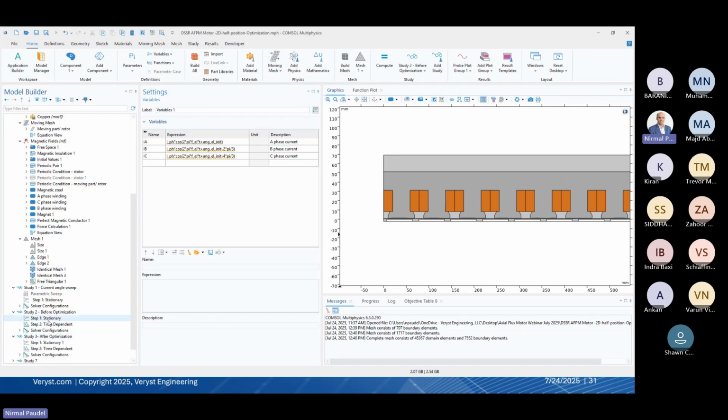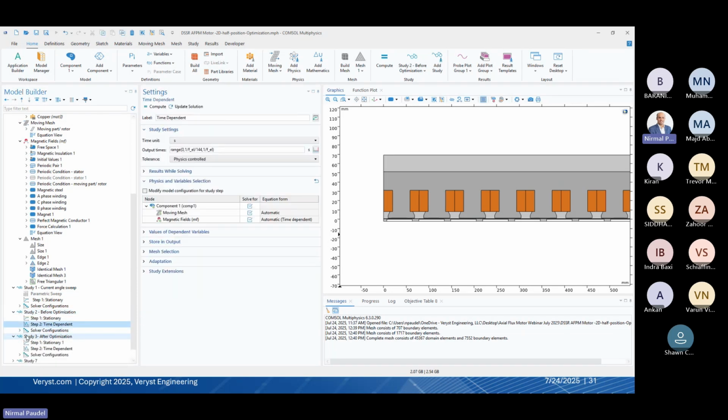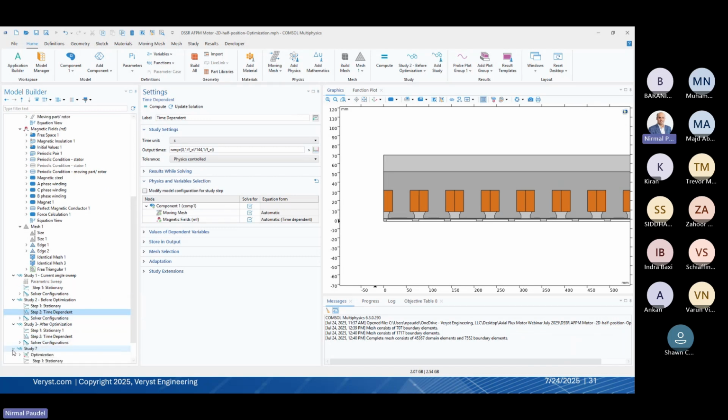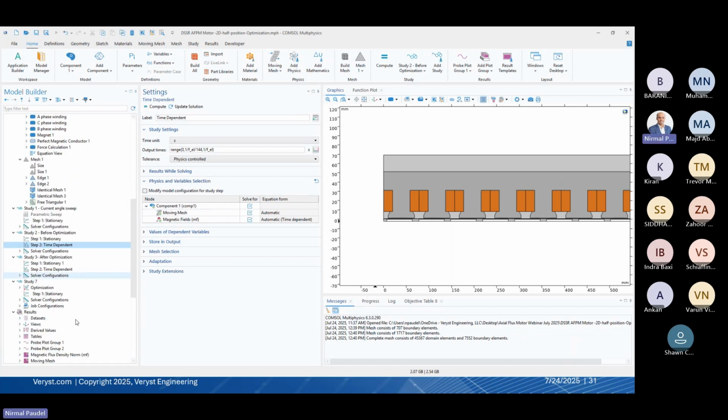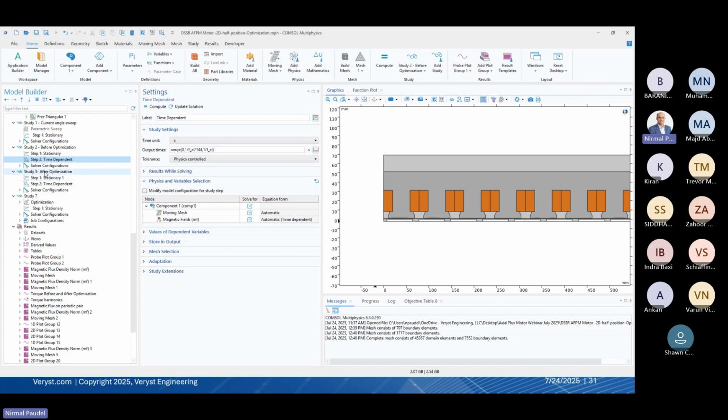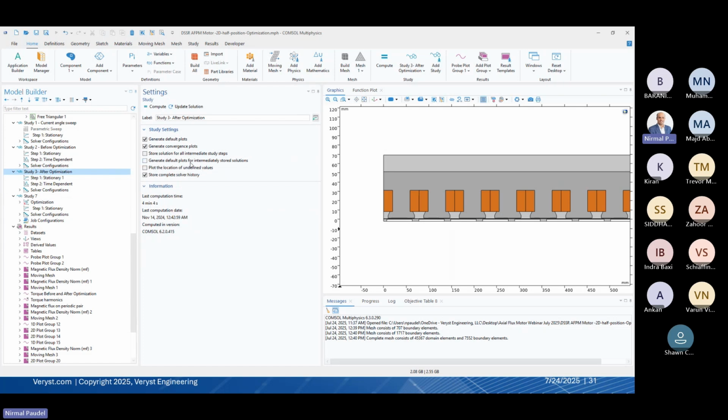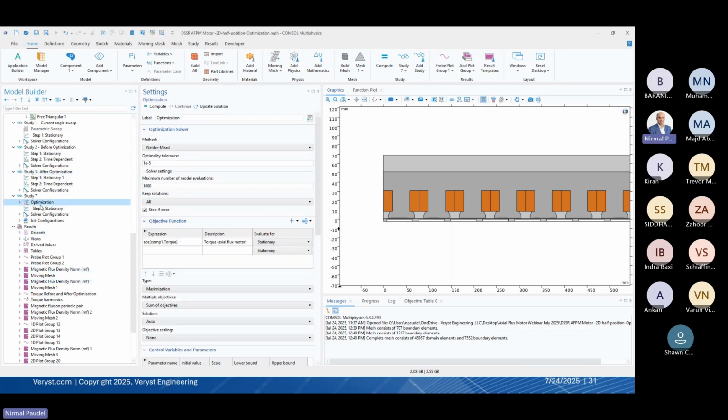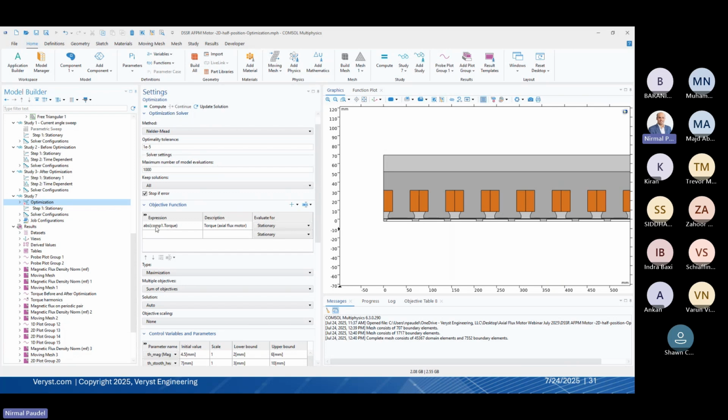Then once you do that, that's what you solve. I pretty much have all the studies done in one model file just for demonstration here. So this one is after optimization. Basically, I performed the optimization, picked the updated 5 parameters, updated the geometry sections, and then ran the after-optimization study on the same model. For optimization, we optimize the torque,